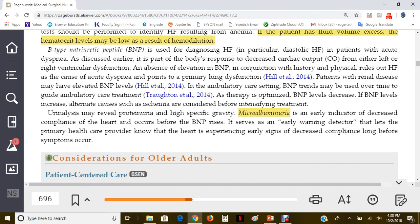microalbuminuria already occurs. Now, this is your evidence that cardiac output is already very low, and this is in response to sympathetic nervous system stimulation. When shunting of blood occurs, vasoconstriction occurs, so blood is shunted from the periphery to only the vital organs. Hence, only the heart, lungs, and the brain receive most of the blood supply,